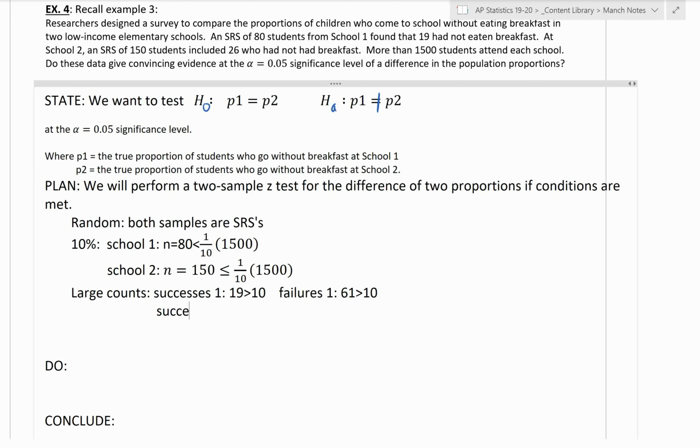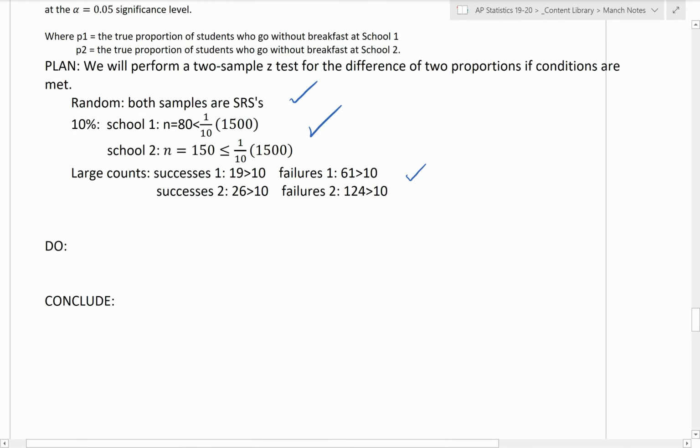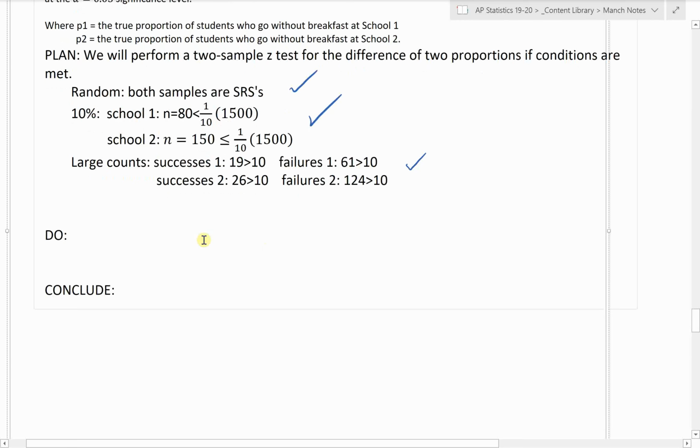And then in the second school, there were 26 successes of students who came without lunch, and that would leave 124 who came with lunch. So in all cases, well over 10. So we have the random samples met for both populations, the 10% condition is met, and the large counts met for both samples. So all of our conditions are met, which means we're ready to go on and actually execute